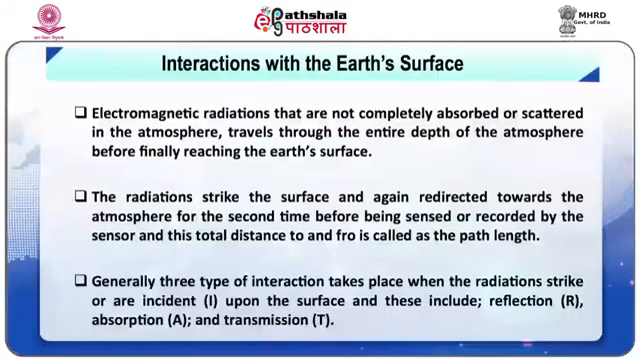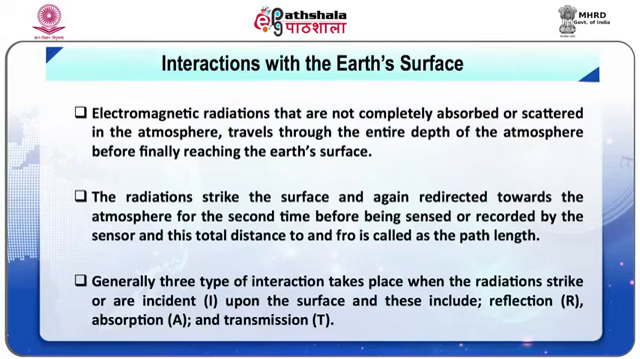Another important aspect involving electromagnetic radiation is its interaction with the Earth's surface. Electromagnetic radiations that are not completely absorbed or scattered in the atmosphere travel through the entire depth of the atmosphere before finally reaching the Earth's surface. The radiations strike the surface and are again redirected towards the atmosphere for the second time before being sensed or recorded